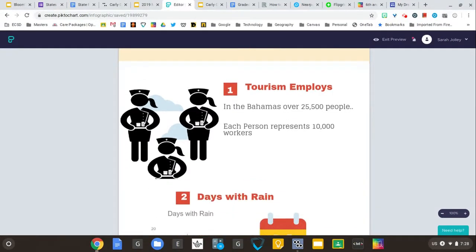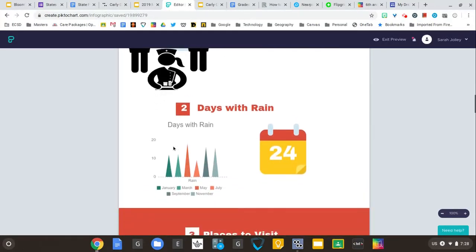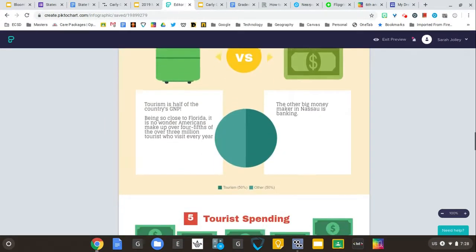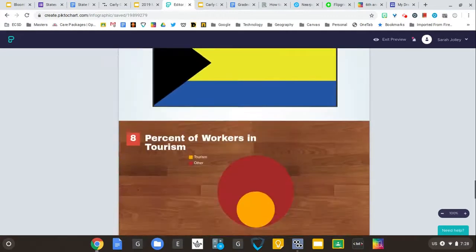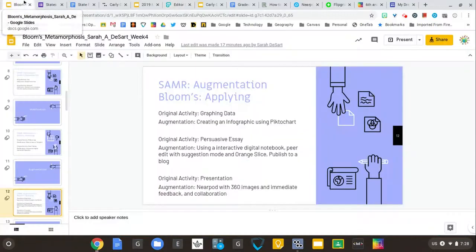This particular group chose palm trees and how many people they employ. So they got each person 10,000. So then they had like half a person. Then they had to graph days with rain, places to visit, another graph. So this is all about graphing, maps, and so that was a fun activity that got them to the applying level. A persuasive essay would be the original activity on this next one, but now I use